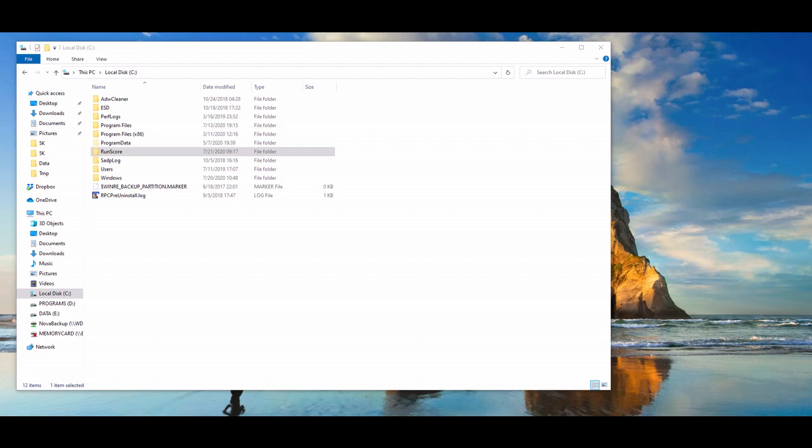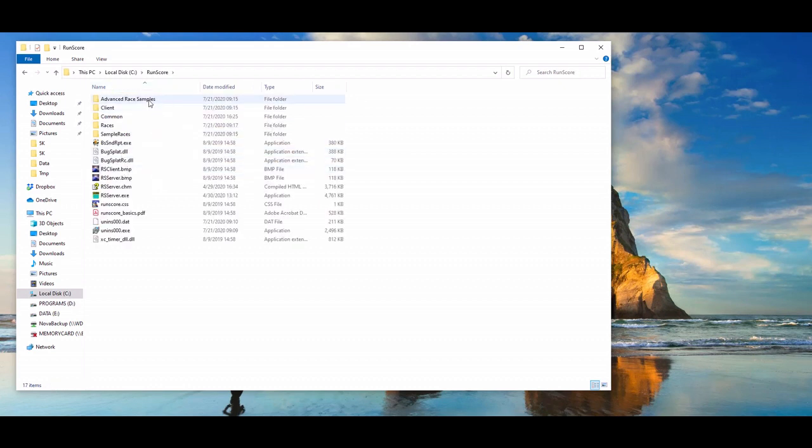Today I'll be covering the folder types and the file types that are on your hard drive after you've installed RunScore. The first most important thing is we highly recommend that you install RunScore on the base hard drive for your system. This, in most cases, will be your local drive C. Once it's installed,